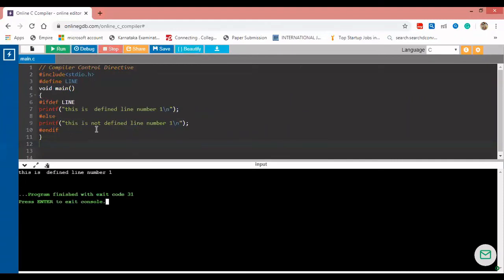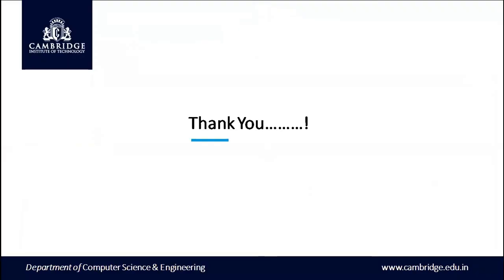If it is defined, it goes to the printf statement. The first printf statement is this is defined line number 1. So I'm printing with the first printf now, not the second printf. Why? Because ifdef LINE is already defined. That's how we work with the compiler control directive. So thank you.